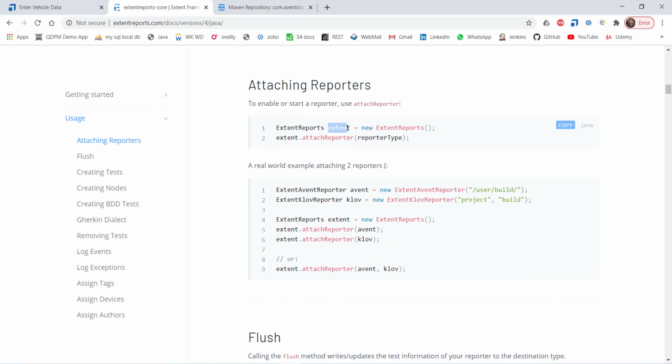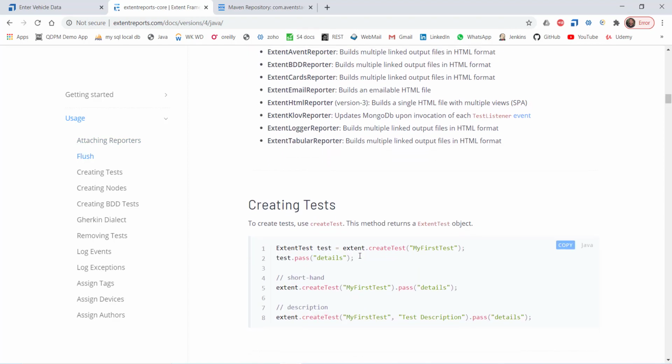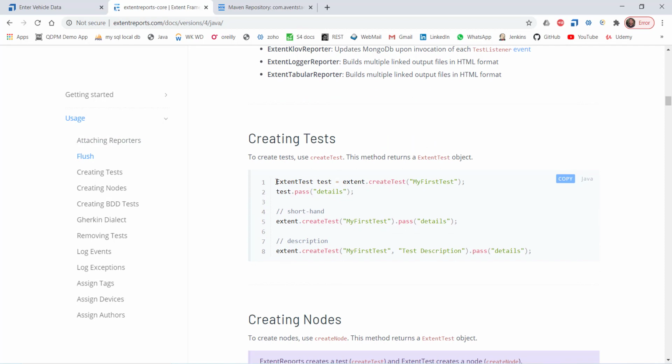So that's done. And the second thing, when we create the test, we need to create the object of ExtentTest, right? So let us create the object of ExtentTest. I'm just creating the object; the actual invocation we will be doing in the listener, and then we will move it.